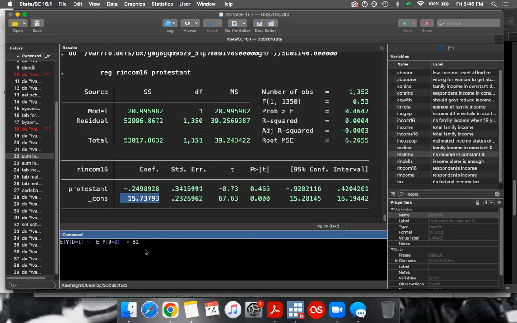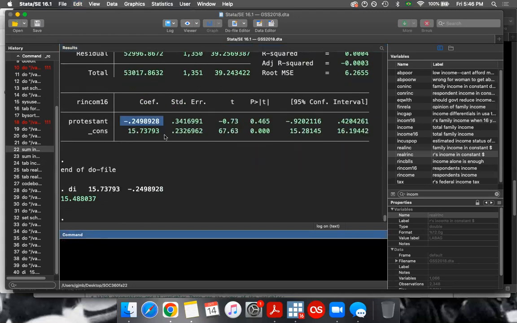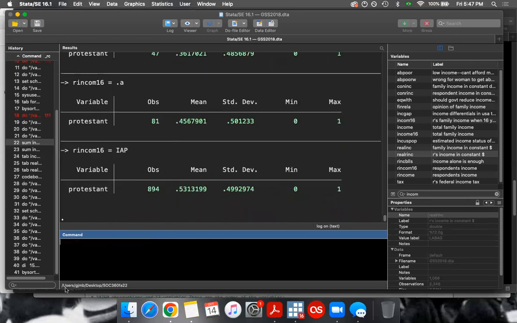And we can also check that out here. So let's display this, this here minus this. And if we go ahead and take that set of basic summary statistics again, so we say by sort Protestant, summarize R income 16,